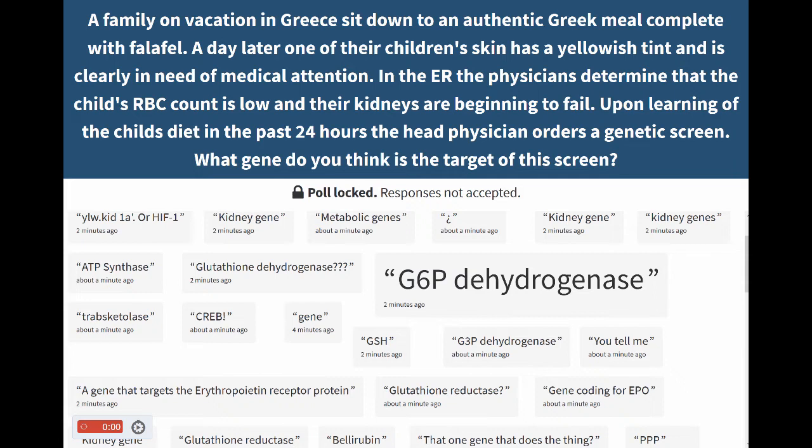Okay, red blood cell count is low, which would seem to indicate that something's going wrong in the blood. Potentially they're losing red blood cells. Now the jaundice, the yellowish tint on their skin, will be due to the fact that if red blood cells are being lysed, hemoglobin's being dumped into the plasma, it will be absorbed by the liver. The liver will metabolize heme.